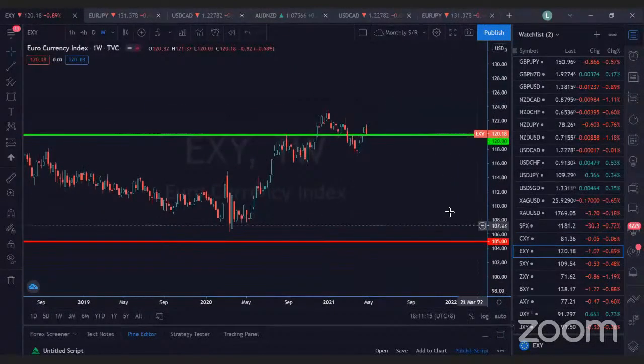Now Euro is going to be an interesting week for me. I can see a lower high, first lower high, second lower high, but it's going to hit $120. So this will be a major horizontal level for me. So Monday